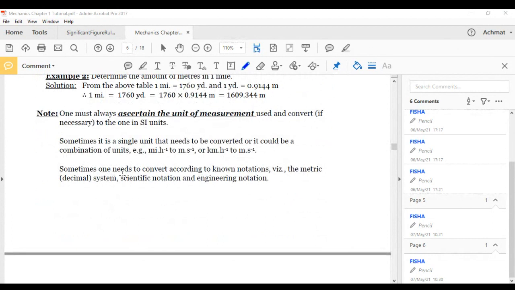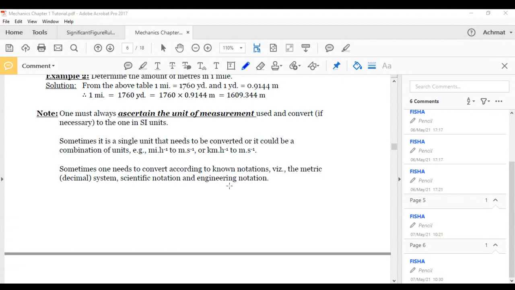And then they say here, sometimes one needs to convert according to known notations. For example, you have the metric system or the decimal system. You have the scientific notation method and the engineering notation method, and you can convert to any of these methods. So I'd like to speak about the metric or decimal system, the scientific notation method, and